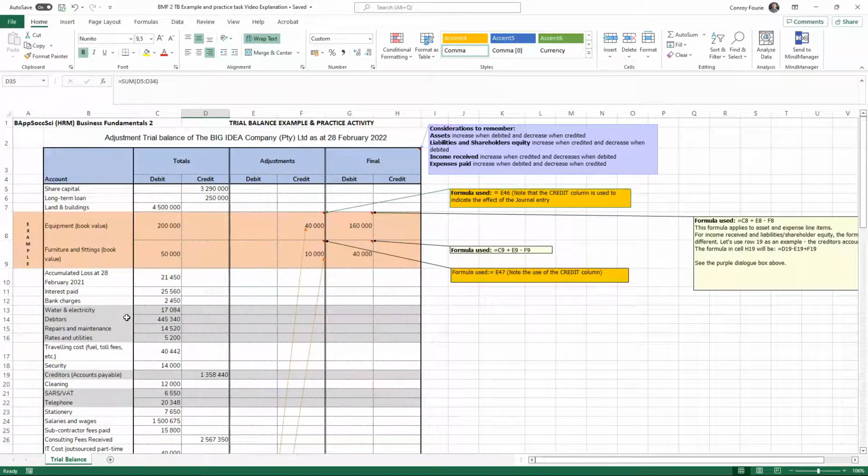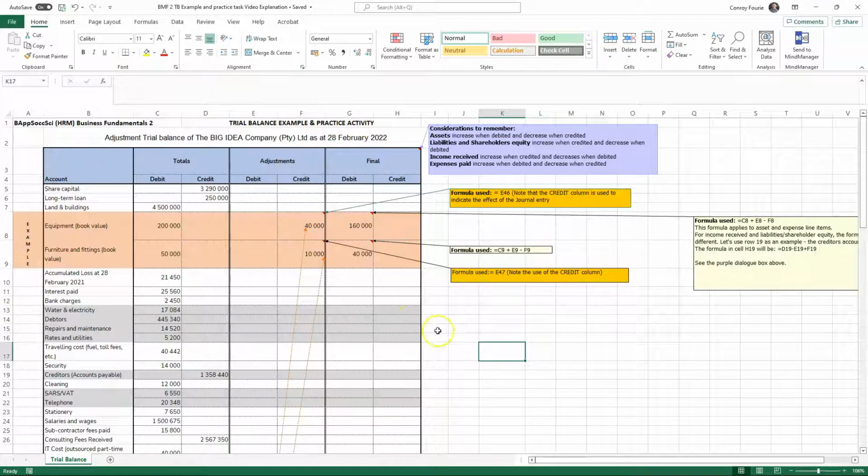Okay, and then what you're going to be doing in this exercise is you're going to determine what these adjustments are to those accounts. Okay, so some of them need adjustment, not all of them. And then you will post that in here as debits and credits, and some will have debits and credits. And then you will create a formula to put it in this column or that column, depending on whether it's an asset, an expense, or liability and income. So